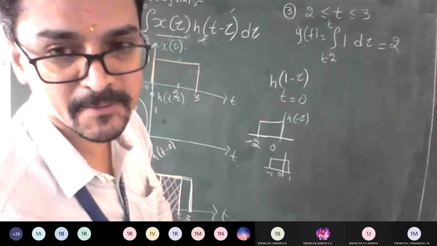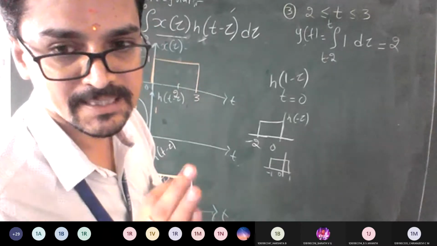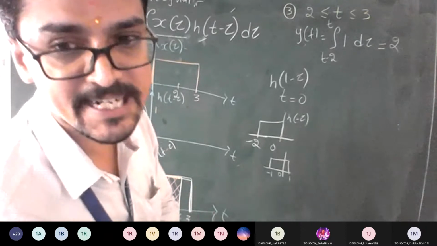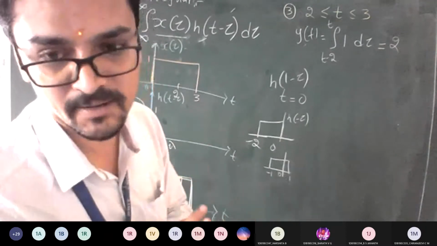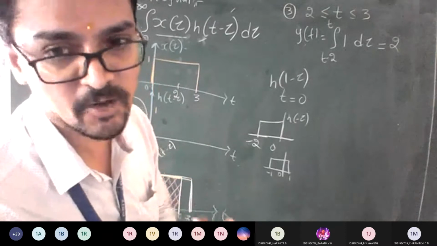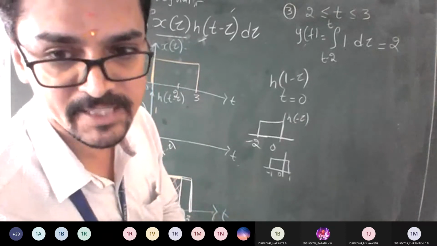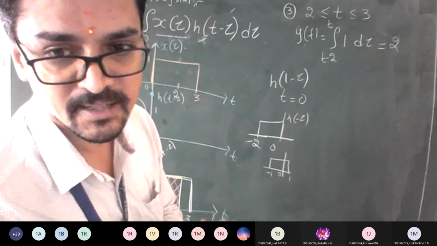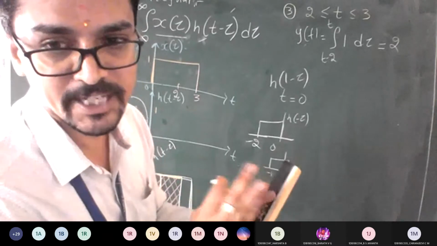0.5 to 0.5. Correct? Yes, sir. That is, if you fix the value. But I don't know what the value of t itself is, right? I'm taking the generalized one. I don't know what values of t it is going to convolve. That is where the problem comes. That is why we need to choose an assumption, that t to t minus 2.